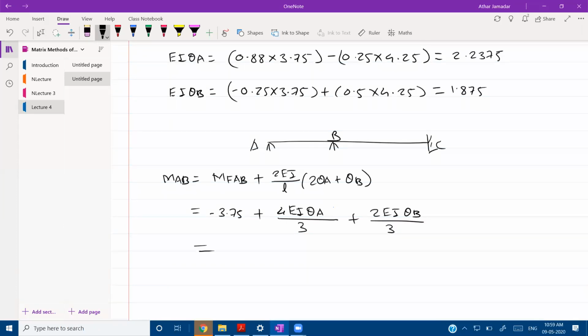Here the only unknowns are EI theta A and EI theta B, which we found earlier. If you put these values in this equation, you will get the MAB value as